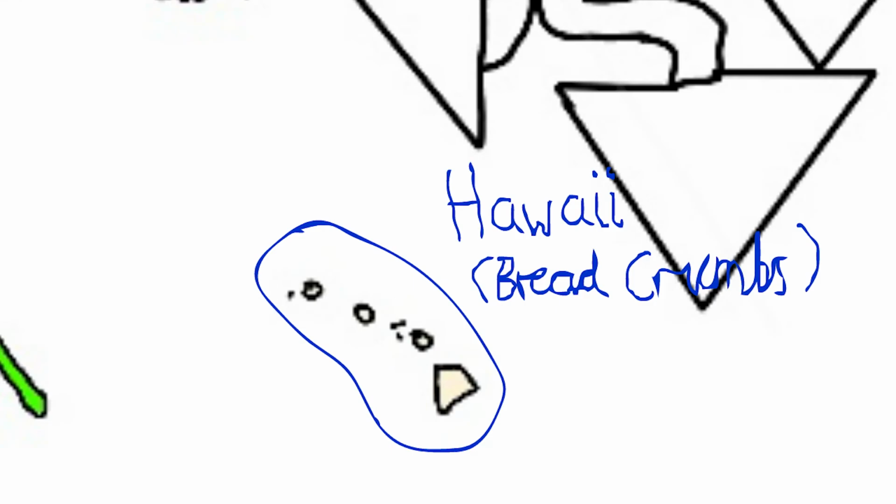Georgia is a coffee machine because that's all I could think of. Hawaii is breadcrumbs because that's literally, Hawaii's an island chain. It doesn't look like anything. Idaho I did as a gun because if you turn it on its side, it's a gun. Illinois I did as a bird, a blue bird, because that's the only thing I could think of.